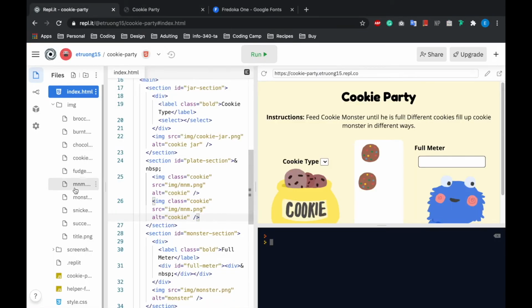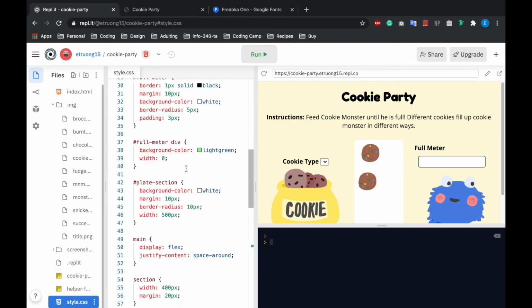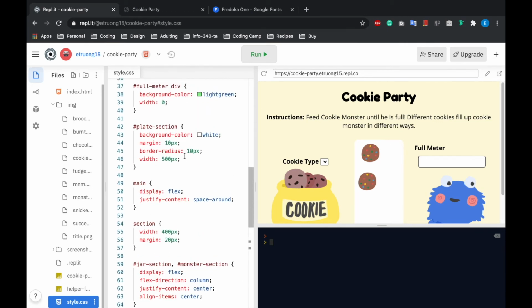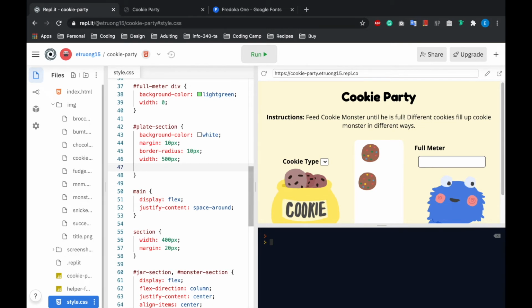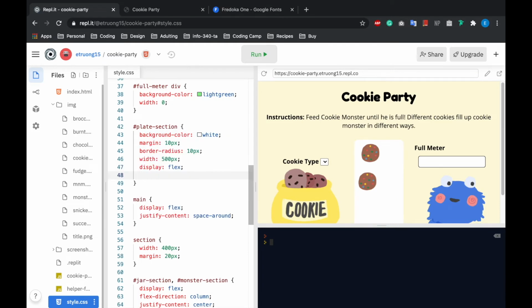If I go to style.css, I'm going to say plate section. Let me double check if I specified a plate section. Okay, it's here, so I don't need to specify this again. And say display flex again, but I want all the contents within it to have flex wrap. So if it does extend, it'll just wrap. So if I run this,